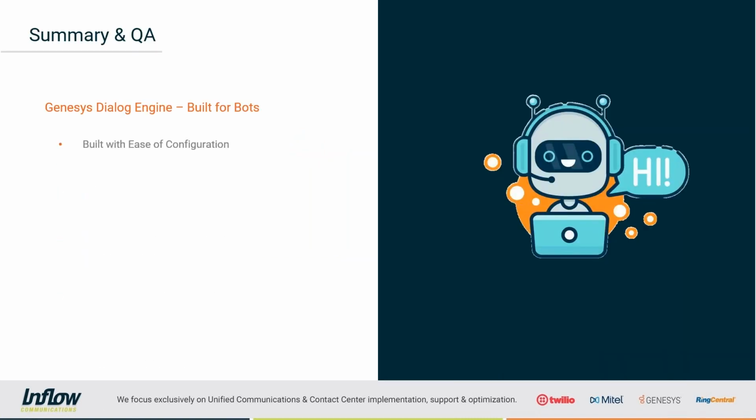The Genesys Dialog Engine is built for bots. Obviously, it's built for ease of configuration. It's one of the key things I look for. Despite the web services component where it takes a little more technical know-how, the system is built so that you can build things out quickly and efficiently. And I find that junior technicians in IT or someone with that sort of analytic mind can build a process fairly quickly. The bot itself with Genesys is contact center aware.